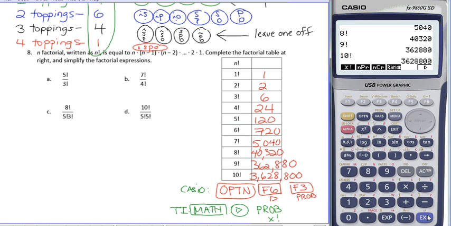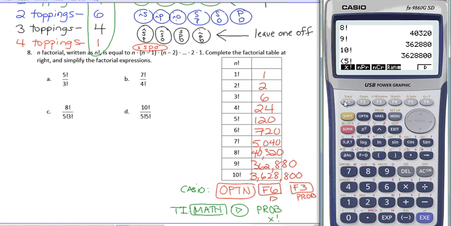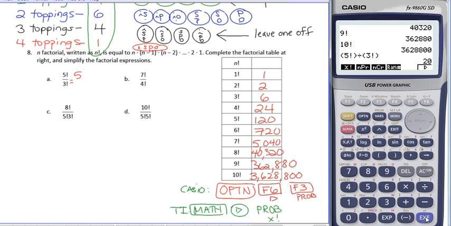If we're going to simplify, we can either simplify on our calculator, like if I needed to do 5 factorial divided by 3 factorial, I would just want to put it in parentheses, 5 factorial divided by 3 factorial, and you can see that that's 20. An easier way probably to do this for me would be to say, well, 5, that's 5 times 4 times 3 times 2 times 1. That's what 5 factorial is. 3 factorial is 3 times 2 times 1. So I don't really need to put all this in here. I realize I've got a 3, 2, 1 on the top and bottom, so I just have 5 times 4,